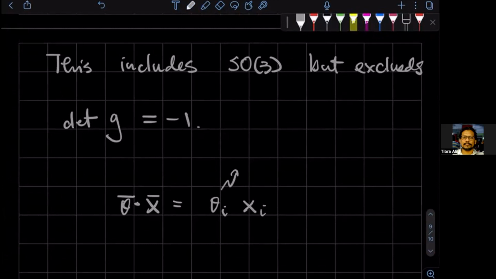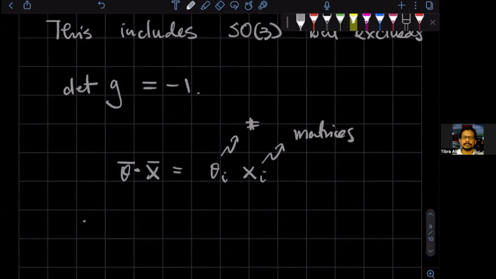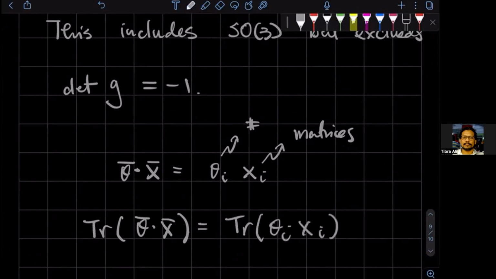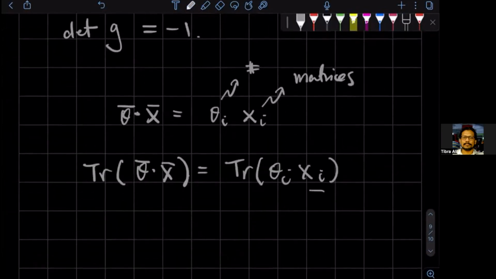So these are numbers, but these are matrices, right? So when I say trace of theta dot x, what I mean is the trace of the matrix,